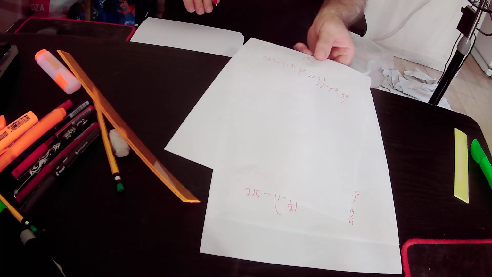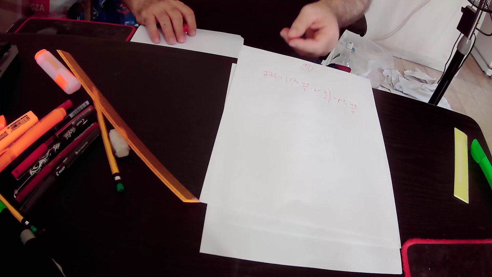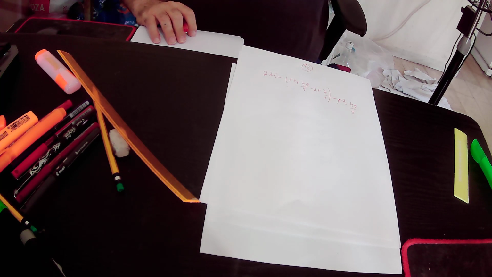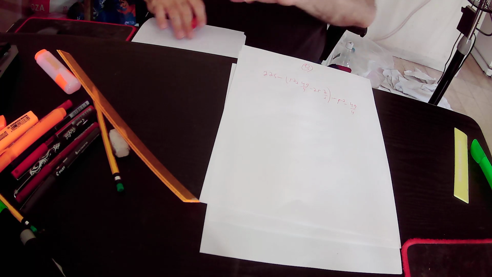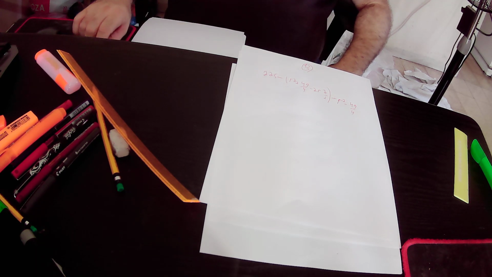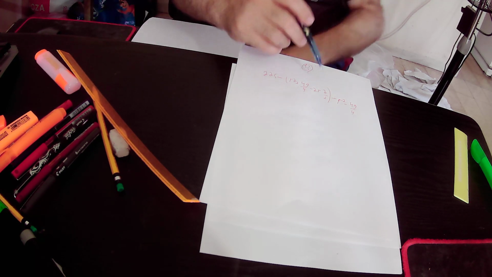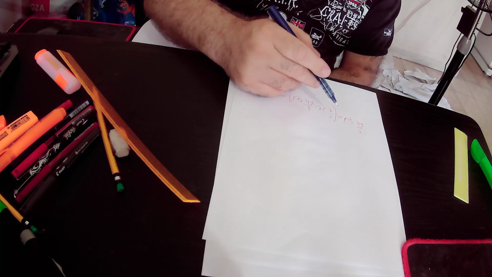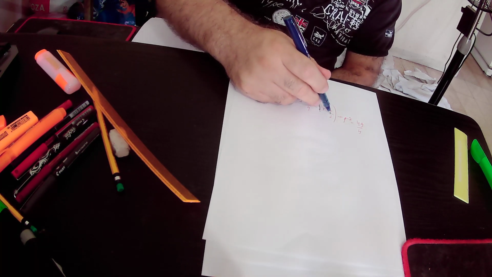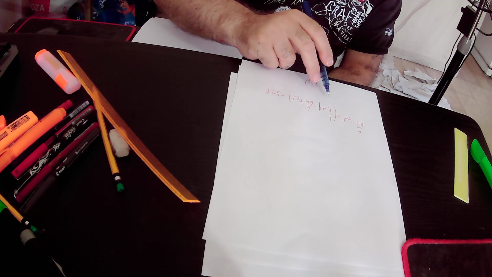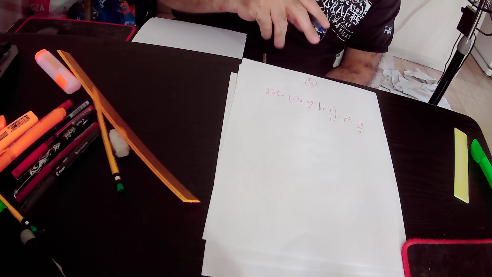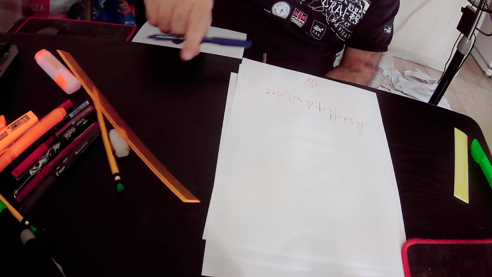In total we got 225 minus R square plus 49 over 4 minus 2R square minus... here we have 2 in the numerator of this expression and 2 in the denominator of this expression, so we can cancel 2. In total we got here 7R. Okay, so here we will open the bracket